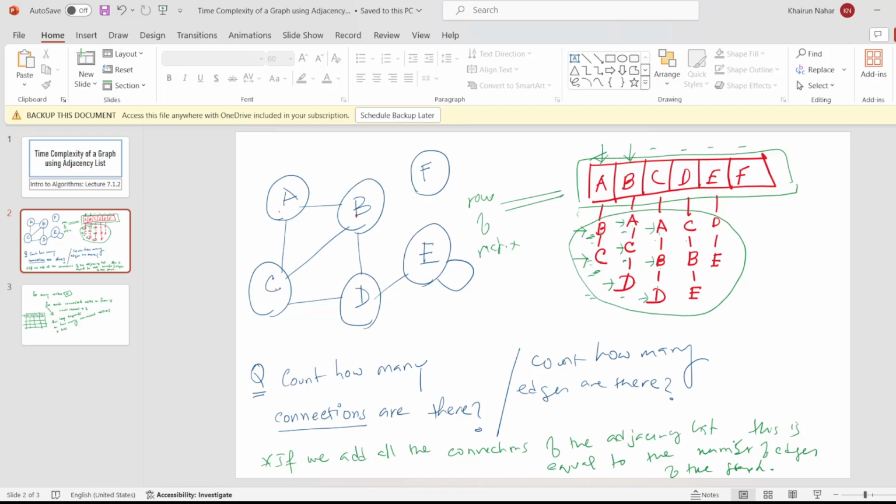How? Let's see. So how many connections are there here? 1, 2, 3, 4, 5, 6, 7, 8, 9, 10, 11, 12, 13. So in total 13 connections. And from here, if I look at how many edges there are, 1, 2, 3, 4, 5, 6 and 7. But my answer is not right. If I look carefully, as this is an undirected graph, each node is